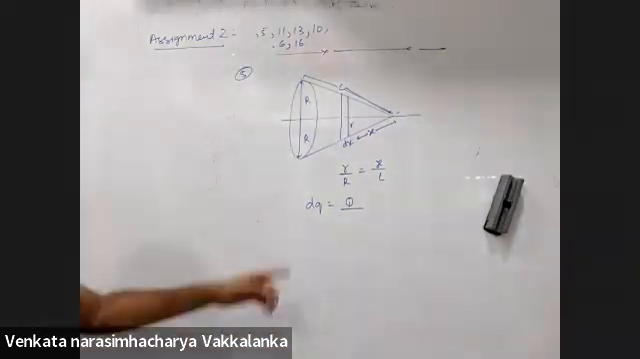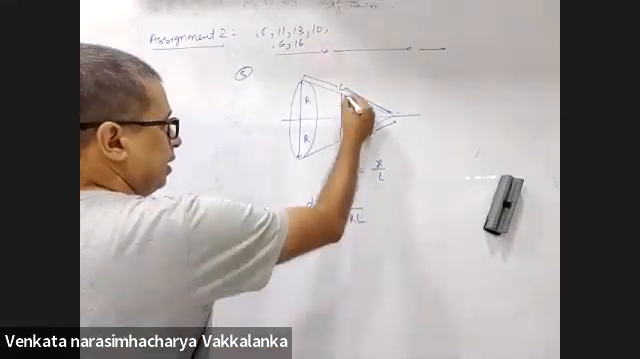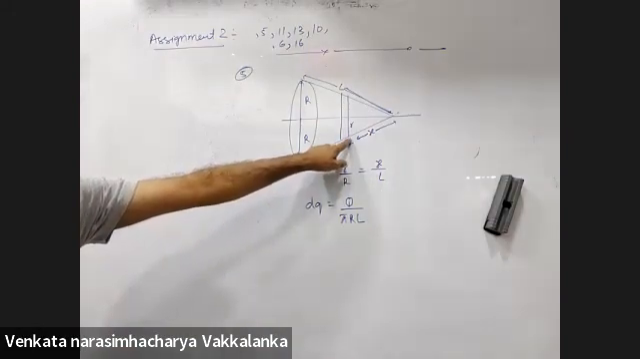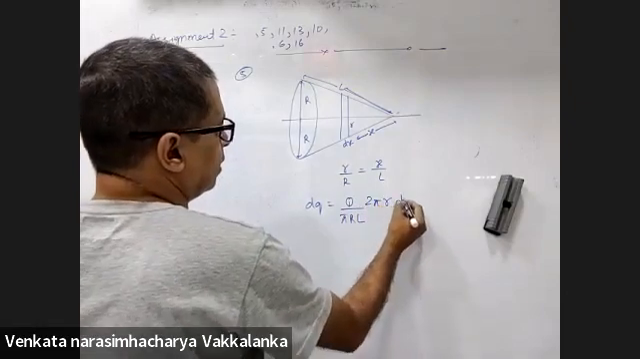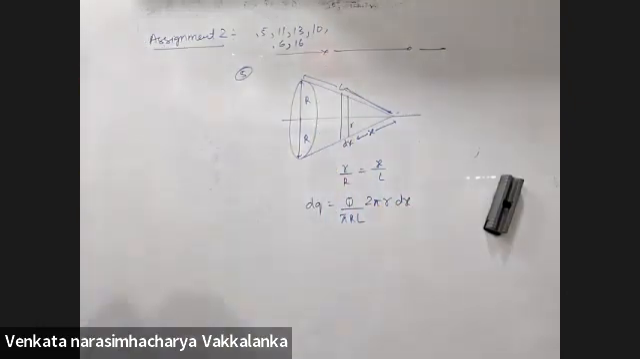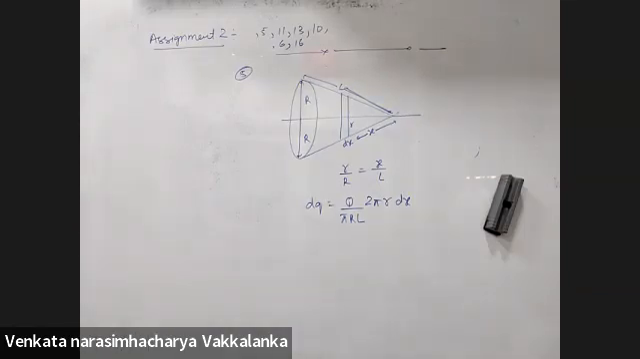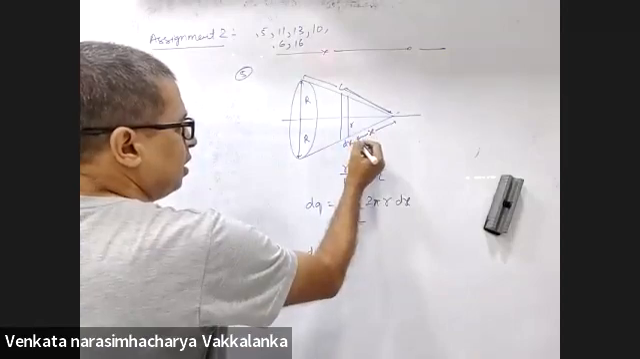Charge per unit area. What will that be? Q by pi R L into the area of this strip that you consider. That will be 2 pi r dx. Agreed? 2 pi r dx. Now dV, because of the ring, the potential here,